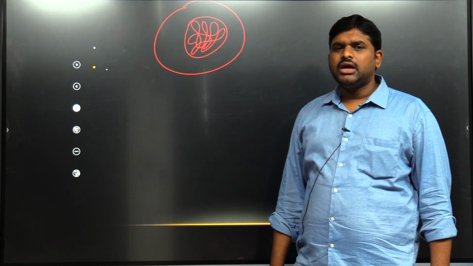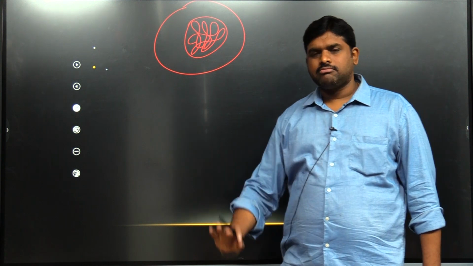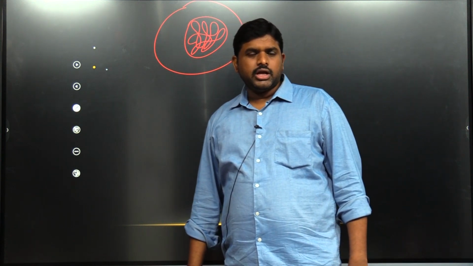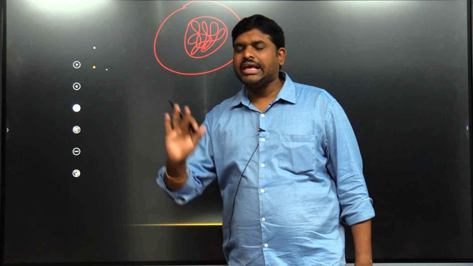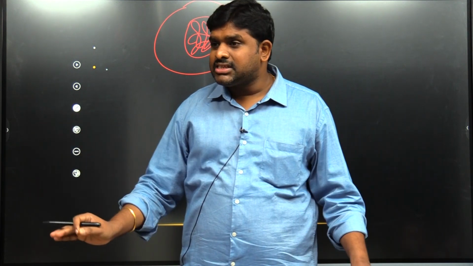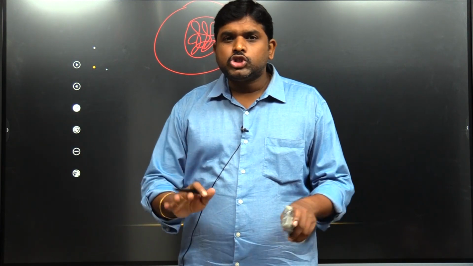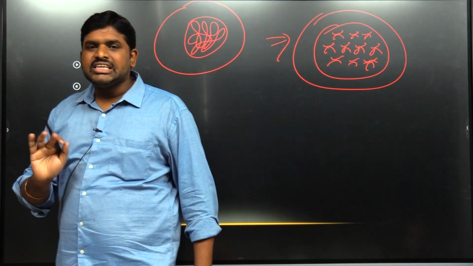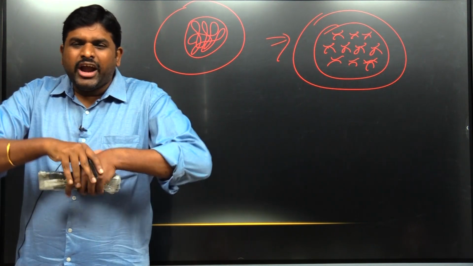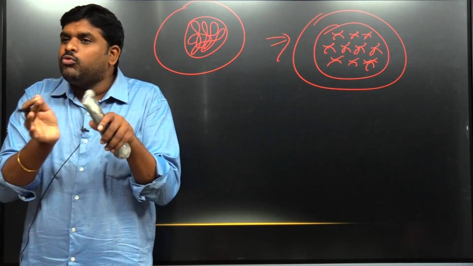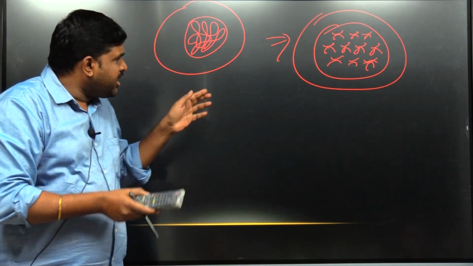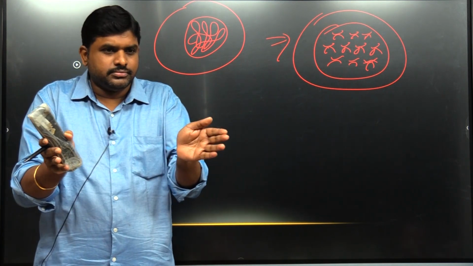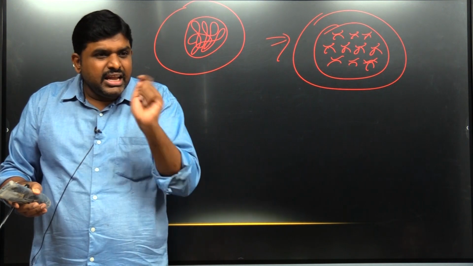Anything which is not uniform, anything which is disorganized, we cannot teach them a lesson or we cannot divide them. So the first duty, what do I have to do? First I have to organize the chromosomes. So I started organizing these chromosomes. It means the winded form of chromosomes, I made into unwinded form. I opened it. When I made it unwinded, it got arranged. When it got arranged, I can easily divide it.